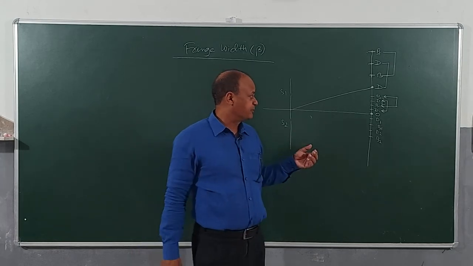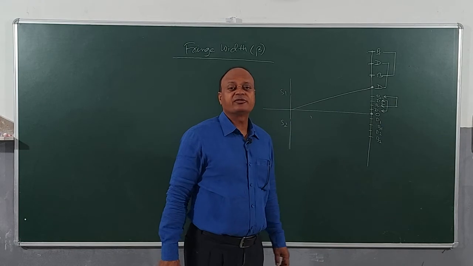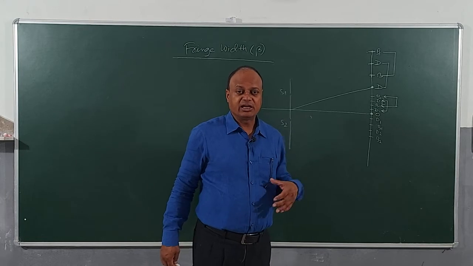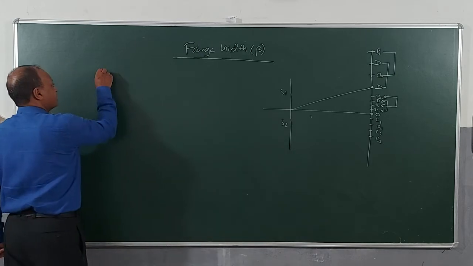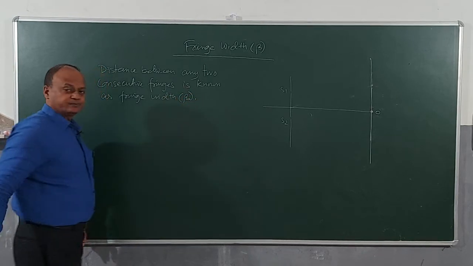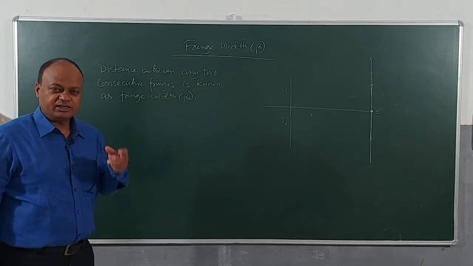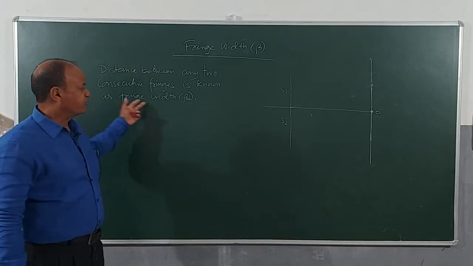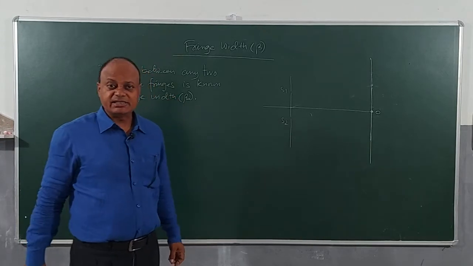Now, the fringe spacing can be represented in terms of distance or it can also be represented in terms of the angle. If it is expressed in terms of angle, then you call it angular fringe width, otherwise called what? Linear fringe width. So, we will be defining what exactly is fringe width. So, children, distance between any two consecutive fringes. Fringes mean any two consecutive bright fringes or any two consecutive dark fringes is called what? Fringe width. And generally when I am saying fringe width, I am talking about linear fringe width. It will be expressed in terms of distance, right?